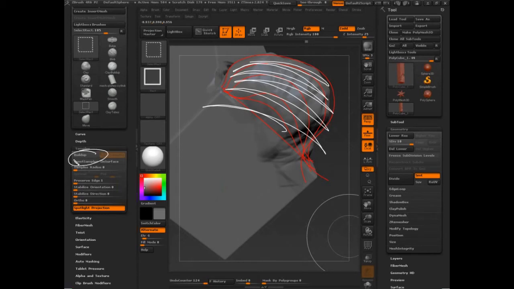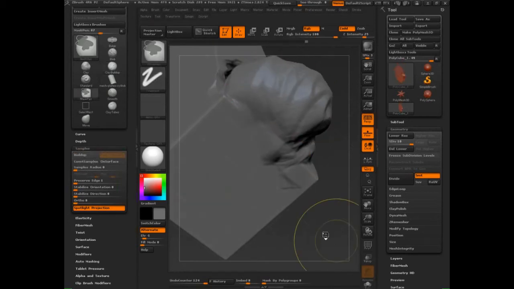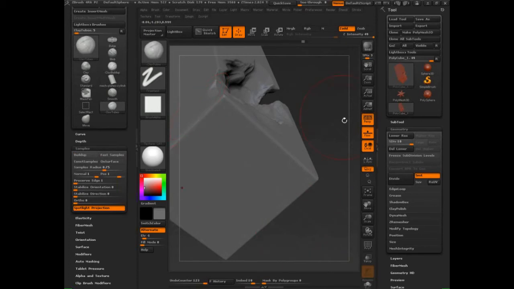The clay brush itself was designed with this feature in mind, because when Ofer was telling me about this brush, he said it's really like laying on a strip of clay. That's what they were designing it for, and that's what it is. Clay tubes was as far as we got with ZBrush 3.5. And you'll notice with clay tubes, if I try to do that,